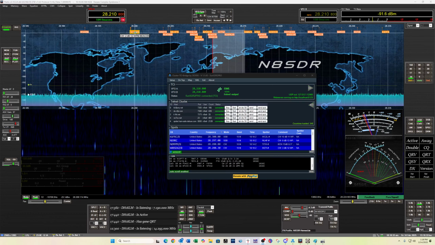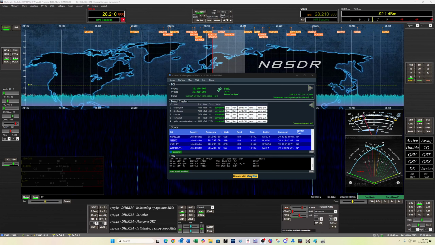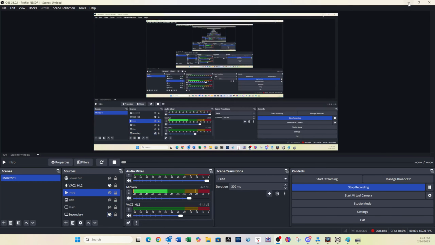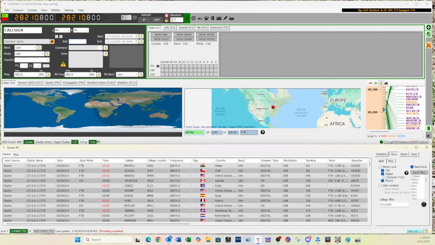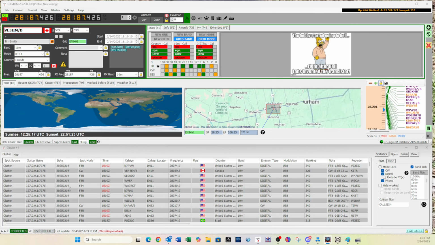So if I click on these, theoretically, I believe it should populate them in log4om. Possibly. Let's find out. Let me minimize my OBS again and get you guys back over on my second display. Sorry, lots of flipping back and forth here. Let's find out if this will work. Yes, it does. And it should, because those spots are clustered down here, as well as log4om being a TCI client connection as well. So regardless of whether I click on them on the pan adapter overlay or from the cluster, it should all be tied together,